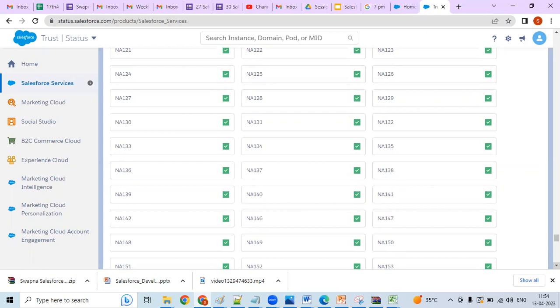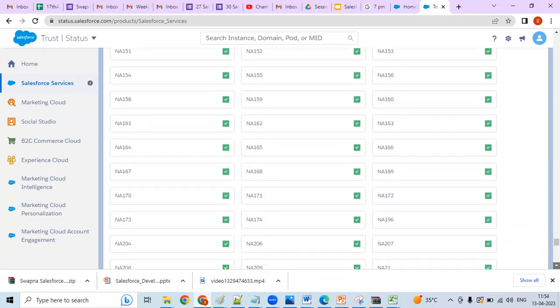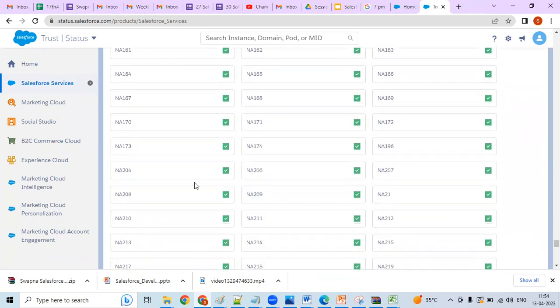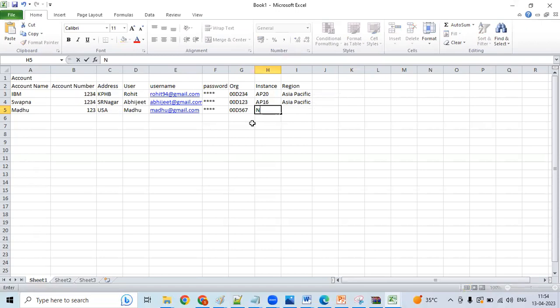Most of the business is from where? See this. North America instances are there, up to 220 something. The highest number you can find is 220. We can say NA240. Randomly you can say NA214. And the region will be